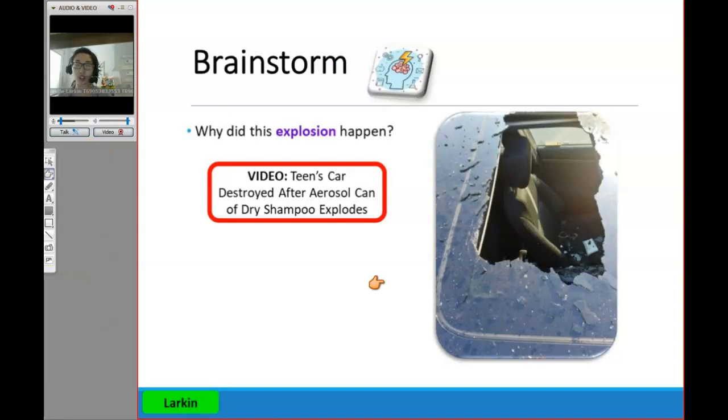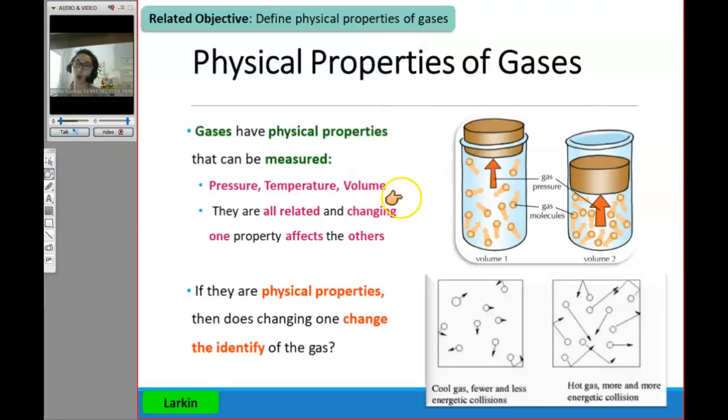Cool, so let's go ahead and talk a little bit. We kind of know why this happened, but let's talk about what's actually going on in the background, like scientifically why this happens. Okay, so that being said, gases have three properties that we're going to be taking a look at in depth this unit. Yes, it could definitely hurt you really bad. Yes, I would not want to be in that car. There are three things we're going to be taking a look at in depth. We're going to be taking a look at pressure, which we talked a little bit about already. We're going to take a look at temperature, which we kind of know about from last unit, and then we'll also be taking a look at volume.